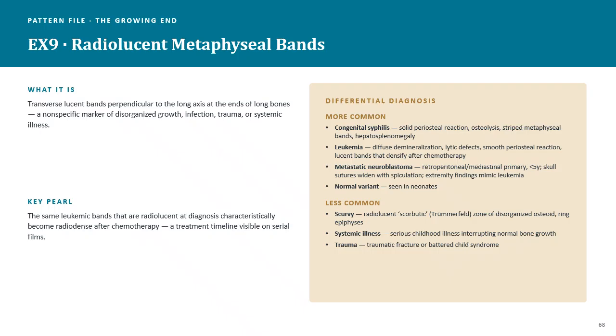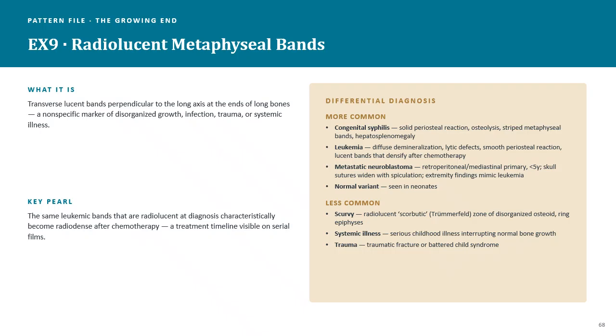So one of the ways to remember this is radiodense metaphyseal bands are white lines. We talked about that on the previous slide. And radiolucent metaphyseal bands are dark lines. The dark lines suggest to the radiologist or the doctor that the growth or the mineralization at the growing end of the bone has somehow been disrupted in some way. So again, radiodense is a white band, radiolucent is a dark band, and both of them are going to occur near that growth plate area, but they tell us a different story in terms of what is happening to the